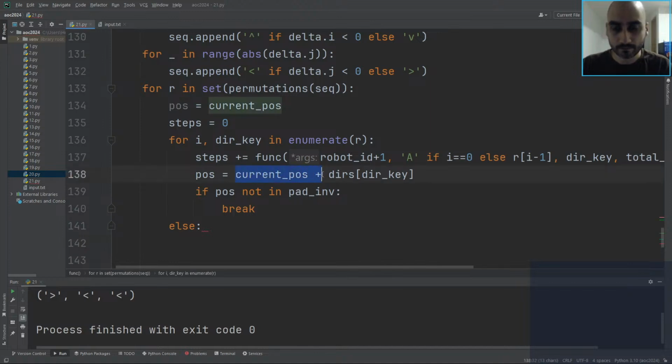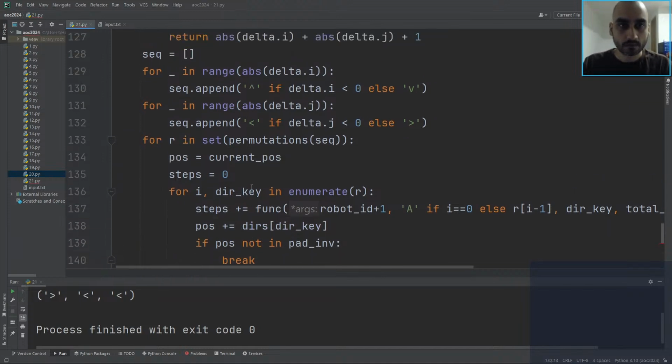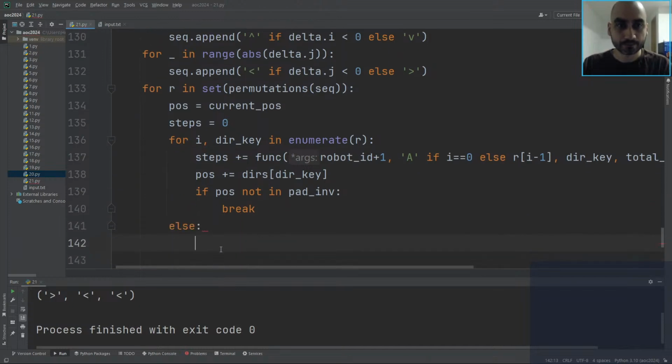No. Pos plus equal that. Oops. Pos plus equal that. So if we get this far, that means this is so